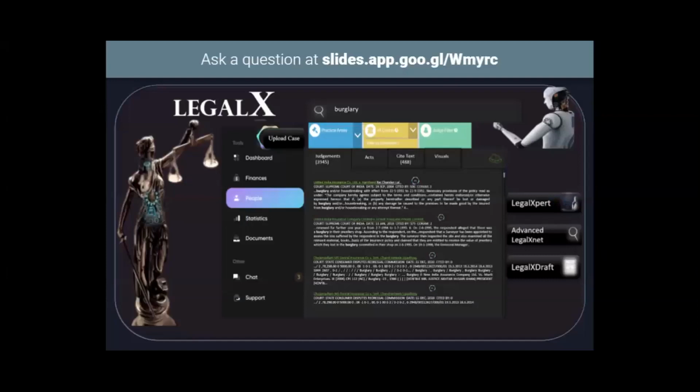Now, this is the expected UI system where you can select the user type on the basis of whether you're a lawyer, judge, or a practitioner, and you can upload the cases. Then you can select, and in this way you can get the top K documents with the relevancy score. On the right side you can see the legal aspect on the basis of what you want to select, like if you want to use LegalXDraft. This is the basic UI. Next.